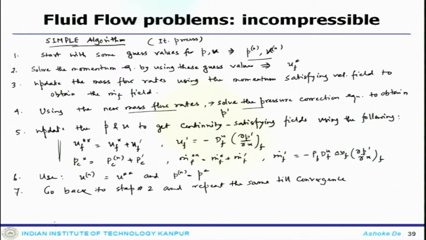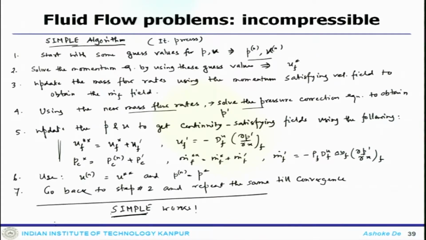So, that is how the famous SIMPLE algorithm works, and this is one of the famous algorithms which has been implemented in many commercial software or CFD codes. They use this algorithm for pressure velocity coupling with some level of advancement, and that we will discuss as we go towards the end of the discussion of these pressure velocity coupling algorithms.